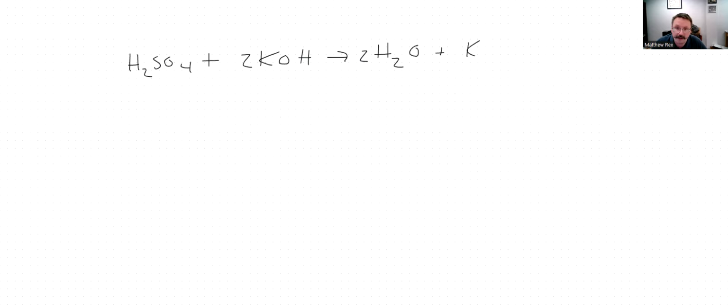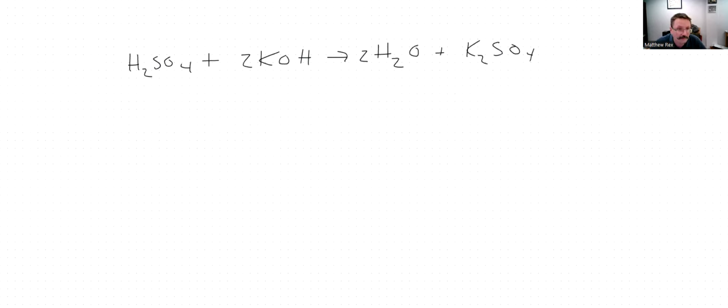Give the complete ionic equation that occurs between H2SO4 and KOH. So I've got an acid-base reaction, and what I'm going to get then is 2 waters, because I've got 2 H+ on the sulfuric acid. So I need 2 OH- to react with them. So I get 2 HOH, and then I get my salt, which is going to be that potassium, the cation. It only has a +1 charge, so I need 2 of them